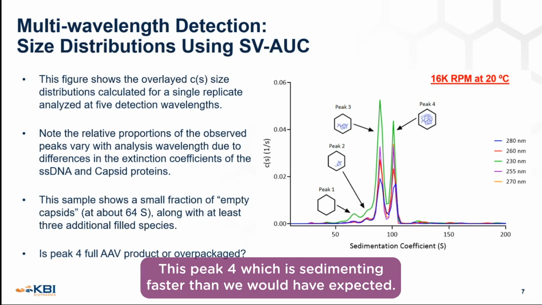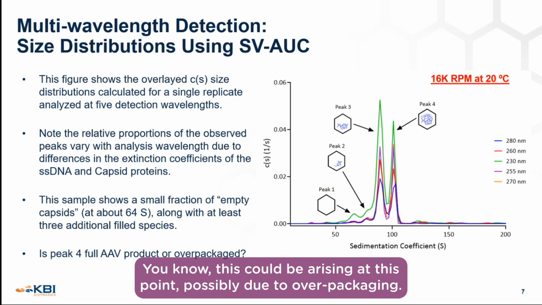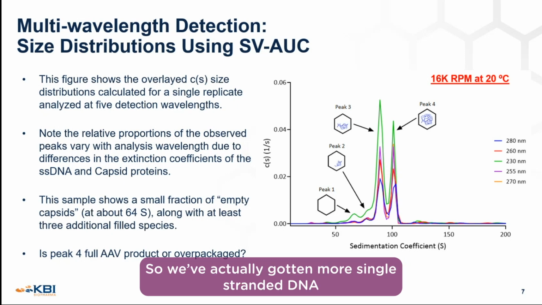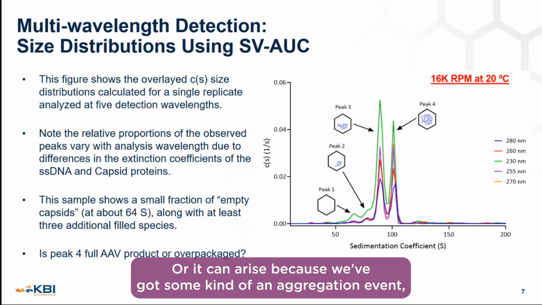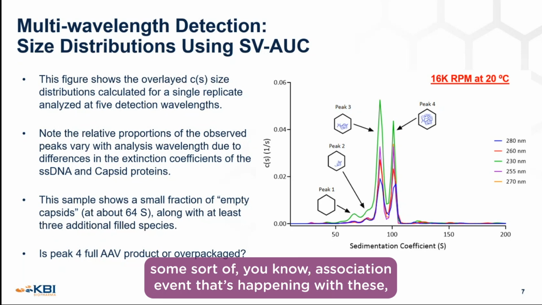This peak 4, which is sedimenting faster than we would have expected, could be arising at this point, possibly due to overpackaging. So we've actually got more single-stranded DNA in the virus than the expected 2.5 kilobase genome. Or it can arise because we've got some kind of an aggregation event, some sort of association event that's happening